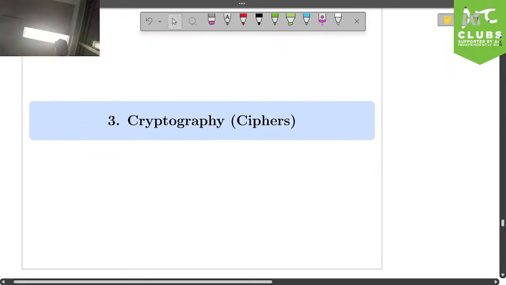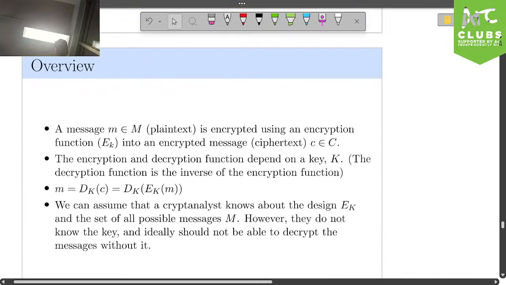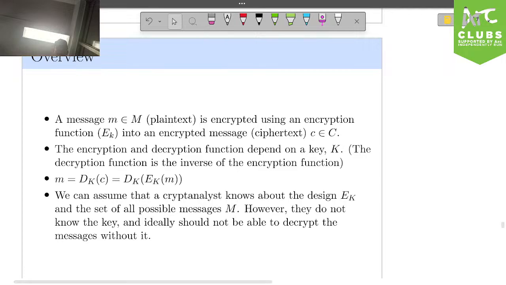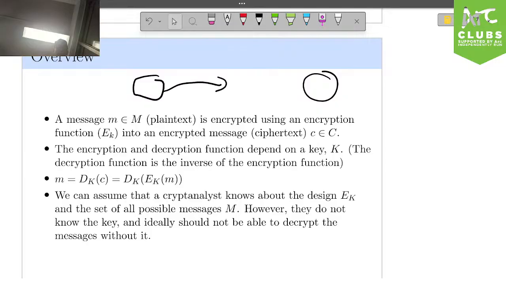So, next up is cryptography and ciphers. So, how does this work? Let's say that we have a message, and we want to encrypt the message such that nobody can tell what the message is except me. So let's say, here's a typical diagram. We have me and we have you, and somebody's in the middle. I'm trying to send you a message M, and it goes through the open internet, and there's somebody in the middle, a villain, trying to figure out exactly what I'm saying to you.